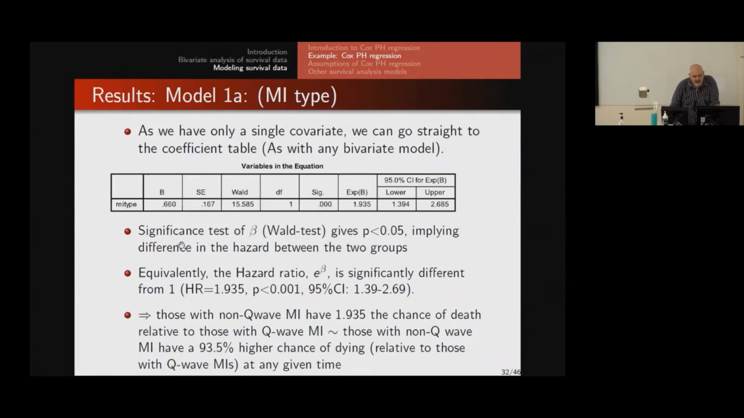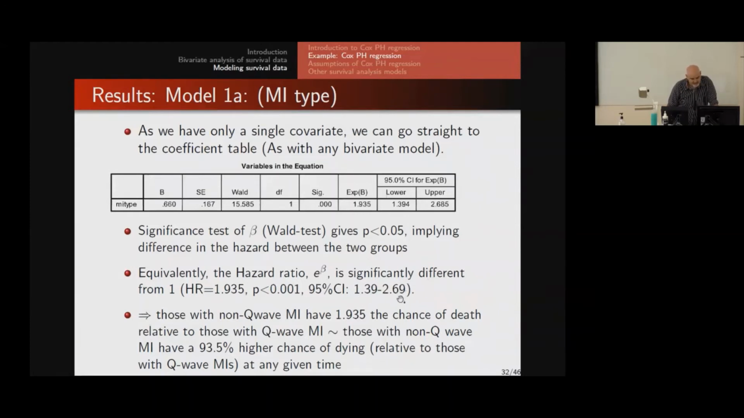Okay, so let's go through this and see what we can say from our results here. Significance test of beta is a Wald test. It gives P is less than 0.05, implying there is a difference in the hazard between those who have a Q wave and a non-Q wave myocardial infarction. Equivalently, we could test that same hypothesis using the hazard ratio itself and saying that 1 does not occur in that confidence interval. In other words, a hazard ratio of 1, no differential risk, is not a feasible statement given our data. That's how we would interpret a confidence interval. We can rule hazard ratio of 1 out, okay, because it does not occur in the confidence interval,